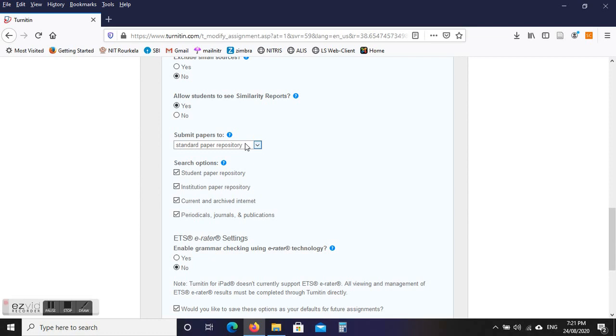their similarity in the Turnitin, and if you are the person who has written something on this particular topic previously and you have actually uploaded this one and saved one copy in the standard paper repository, so the other person when checking the Turnitin report, he or she will find that something is matching with his or her article with already existing standard paper repository contents.